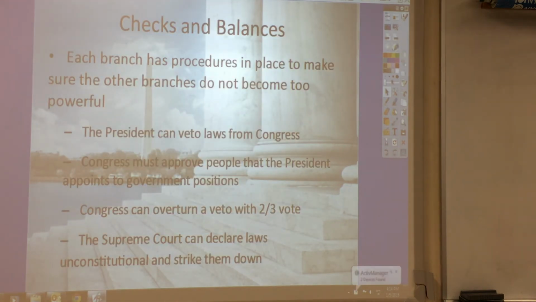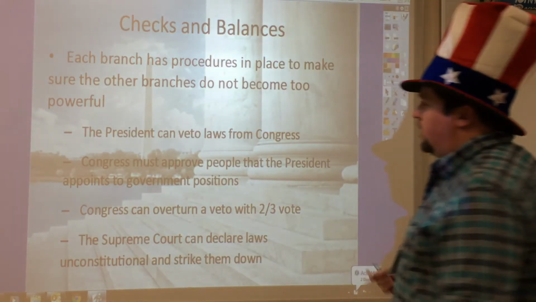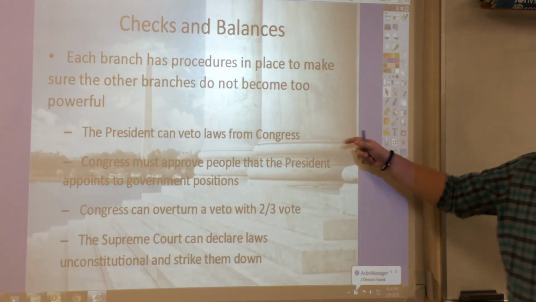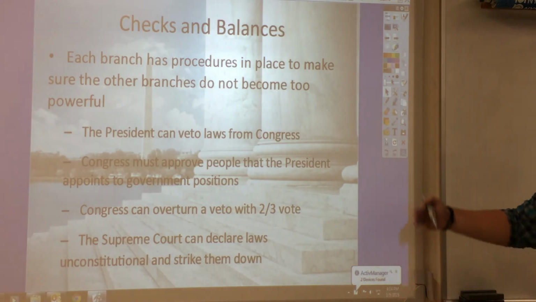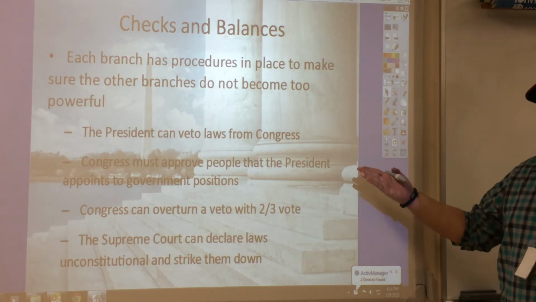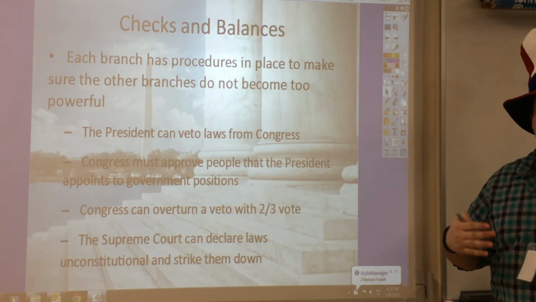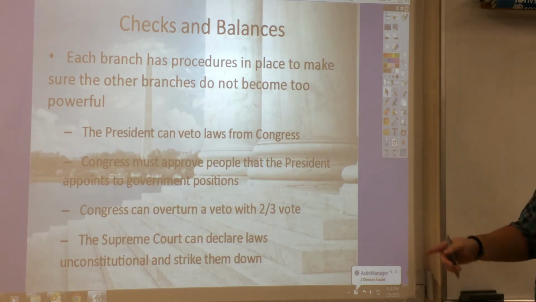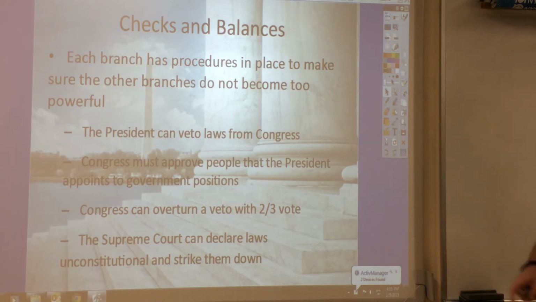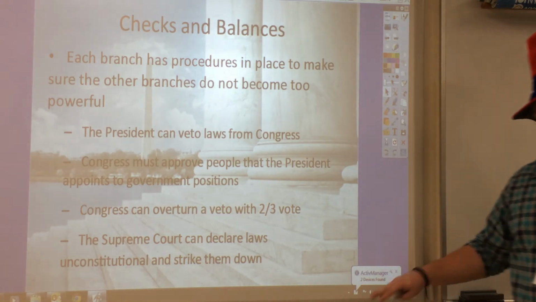Okay, so checks and balances. Each branch has procedures in place to make sure that the other branches do not become too powerful. The president can veto laws from Congress. Congress must approve the people that the president appoints to government positions, including Supreme Court justices. Congress can overturn a presidential veto with 2/3 of the vote, and the Supreme Court can declare laws unconstitutional and